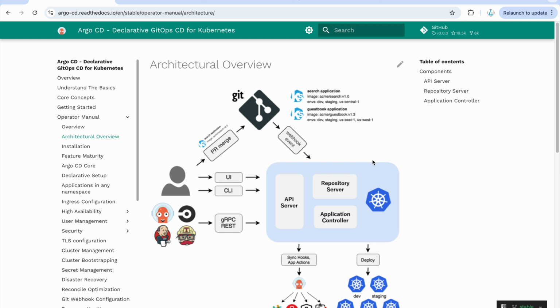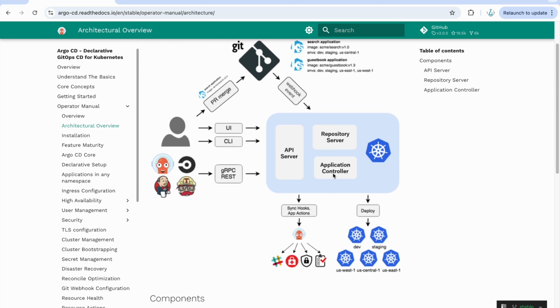Argo CD is also an application, and when you install Argo CD, it creates a lot of Kubernetes resources. As you can see in this diagram, it creates a pod for the API server, a pod for the repo server, and the application controller. So it creates 6 to 7 pods when you install Argo CD on your Kubernetes cluster.